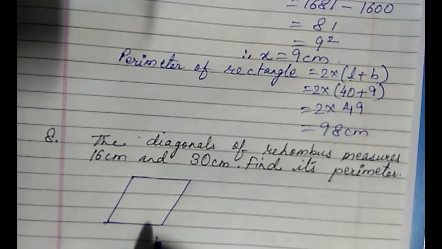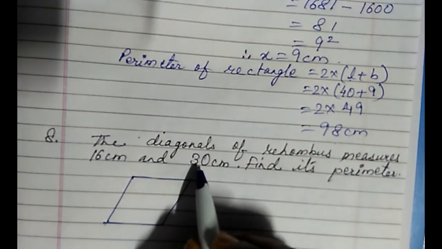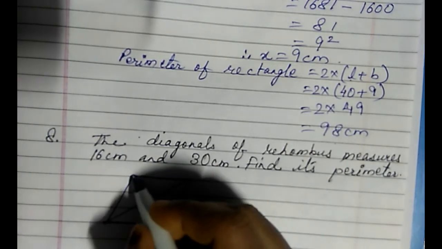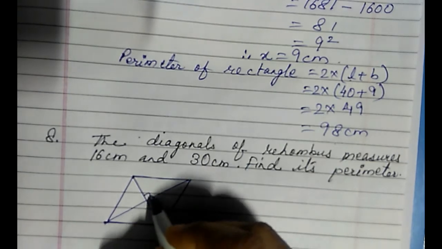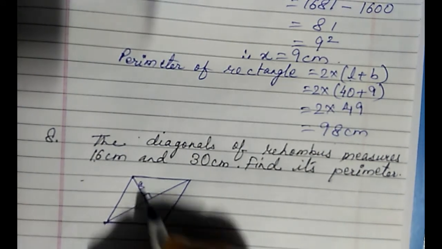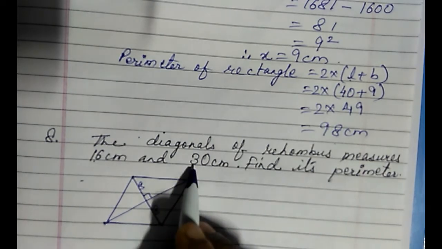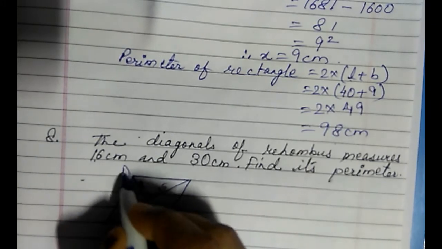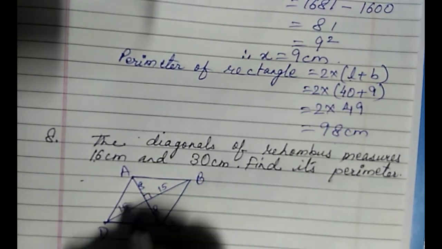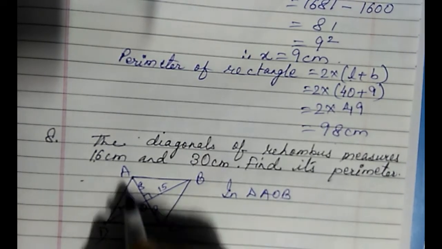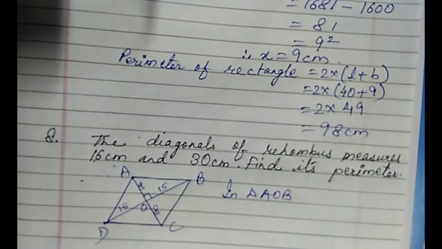अब rhombus की मुझे साइड के बारे में कोई आइडिया नहीं है, लेकिन we know that the diagonals of the rhombus intersect each other at 90 degree. ये इसकी प्रॉपर्टी होती है. तो bisect each other at 90 degree. तो bisect का मतलब 16 है, तो this is 8 and 8 centimeter. If this is 30 centimeter, this will be 15 and 15 centimeter. तो अगर मैं किसी भी एक साइड की बात करूं, A, B, C, D and let it be O. So in triangle AOB, we can easily see that this is a right angle triangle.